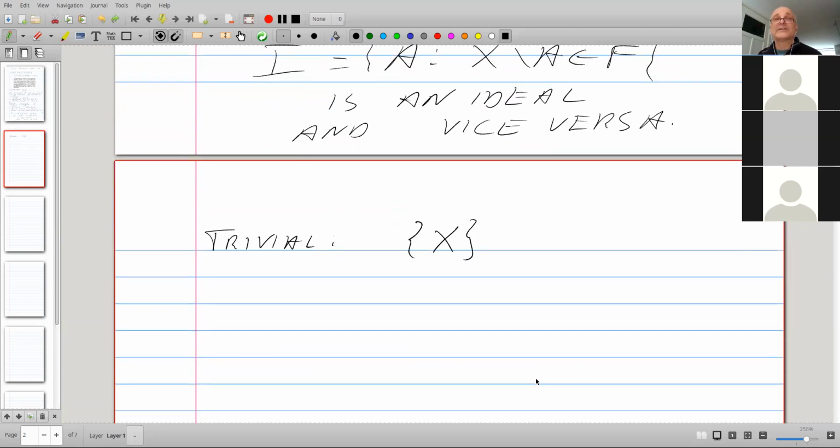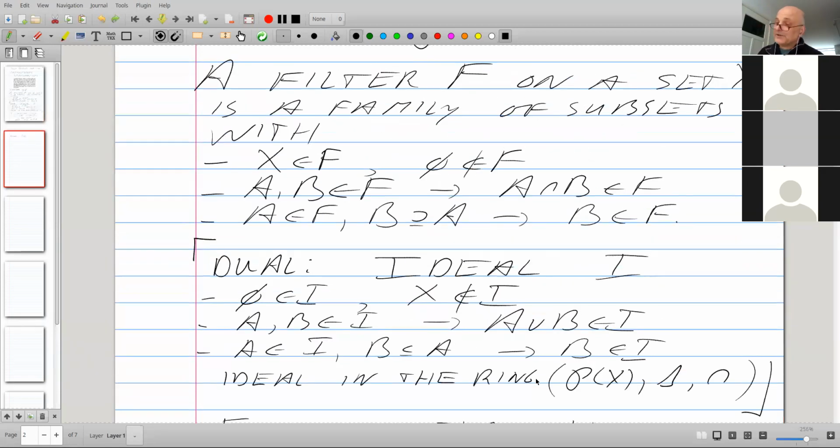It's only X. And if you check the conditions, well, yes, X belongs to the family, the empty set not, assuming that our set is indeed non-empty. According to this definition, filters don't work on empty sets.